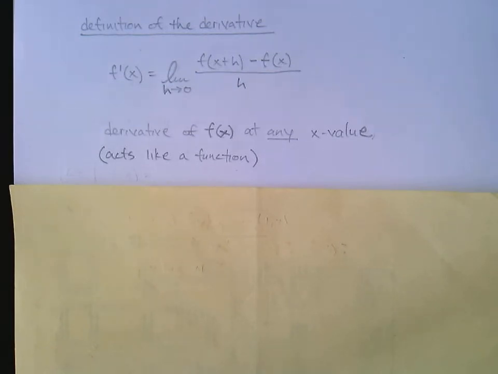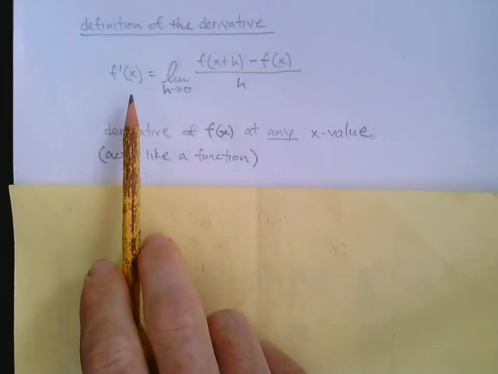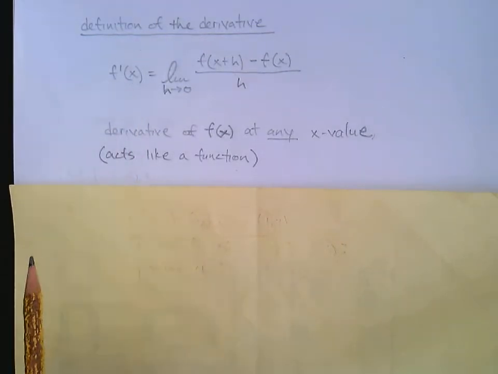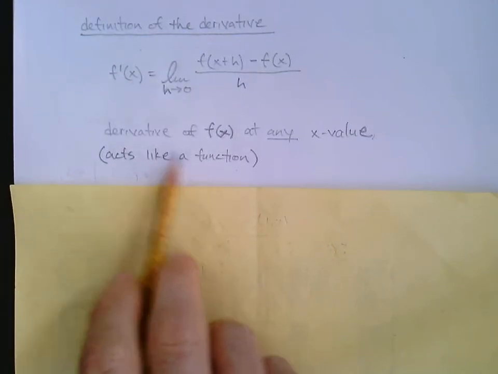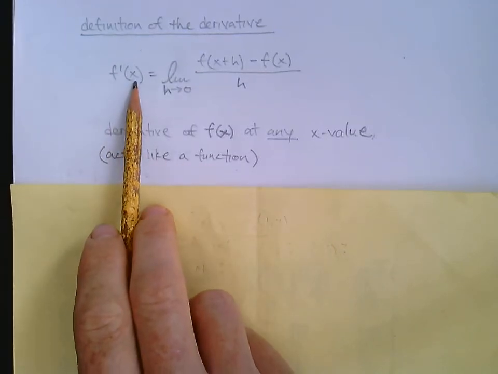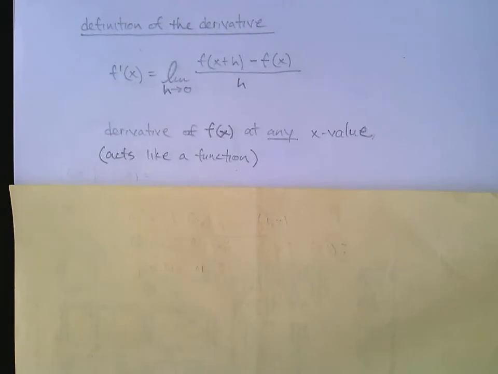So we'll really see what that means as we go through some examples. You'll get a concrete picture of that with different, specific functions. Just the idea here, if we can find f prime of x, then that acts like a function. We can then plug in a number